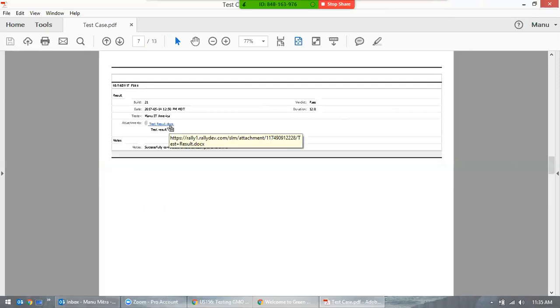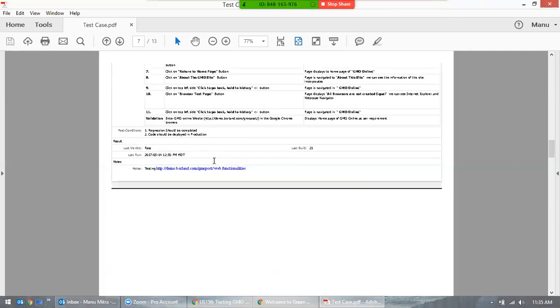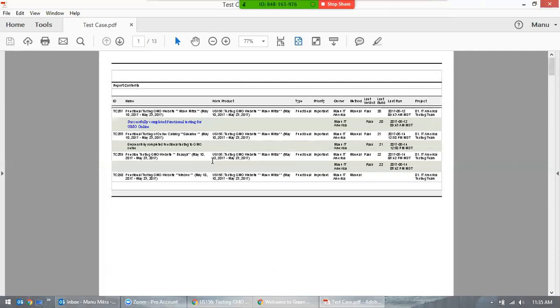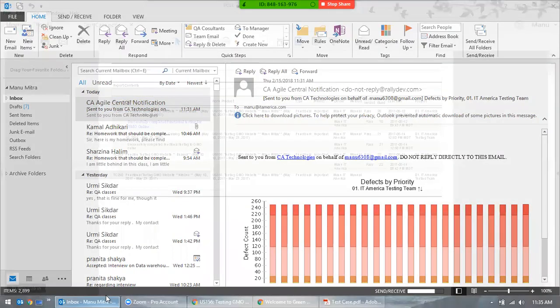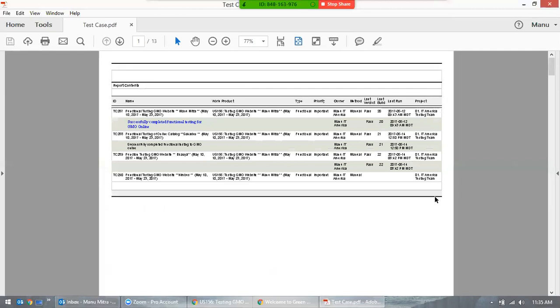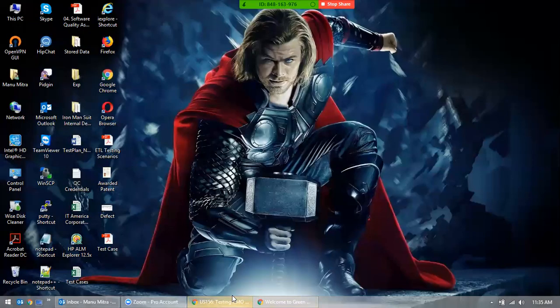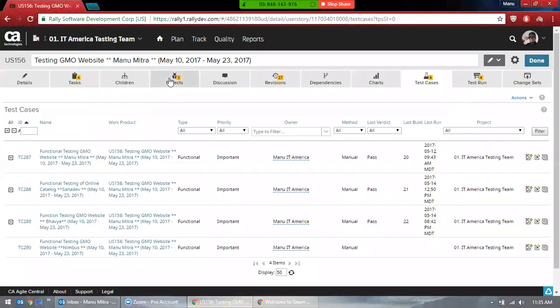You see test run docs, and you can download right from here. And you can see a lot of things, and you just open the emails into this report. So this is like a performance report. These are mostly test cases and defects. So you also have this option. This was it for test cases. Now for defects,